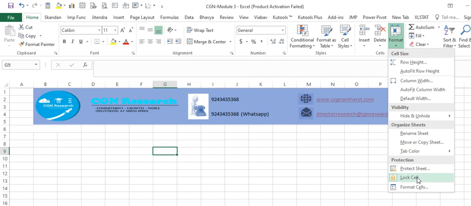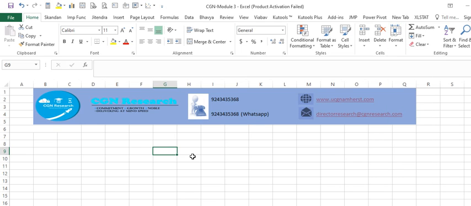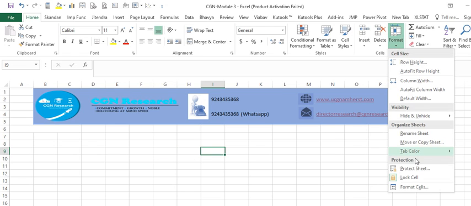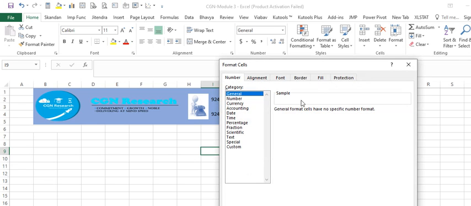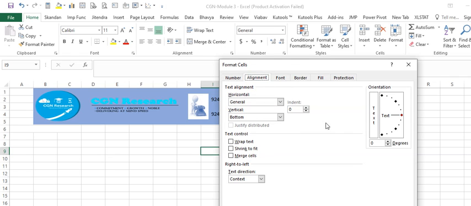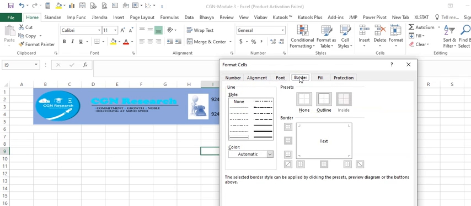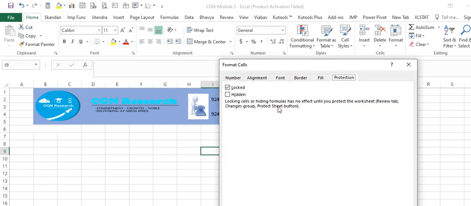And then you can even lock a cell. So this cell is now locked. You cannot type anything. You can do the process there. So locked cells can be created there, and then you can format cells there. So when you format the cell, this is what you would get to format the cell. You can do the alignments of the text, font, borders, fill it, and then the protection, of course, you can do it from here. Again, you can lock it, you can make it hidden, and things like that.